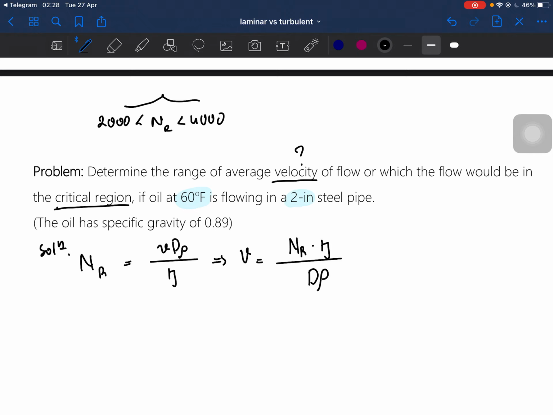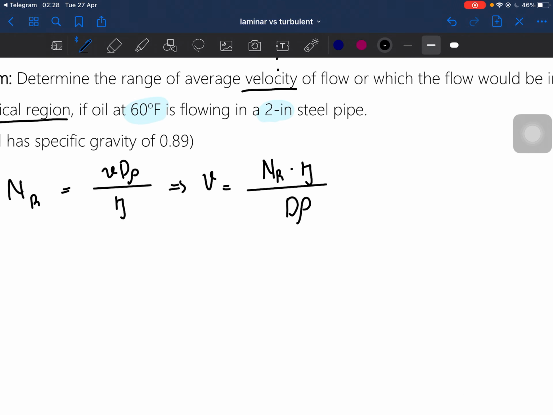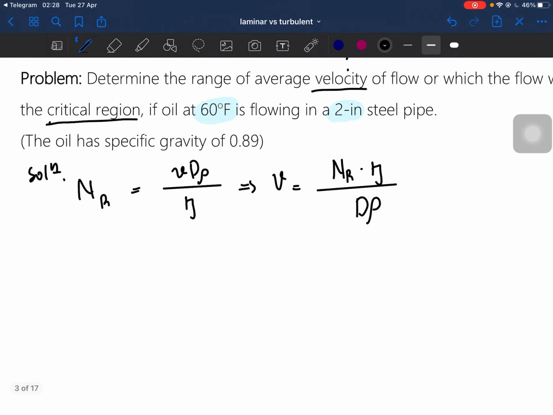Okay, so we can find by substituting first. D here, I'll write down here, D is equal to, it's an inch, right? So 2 inch, and then